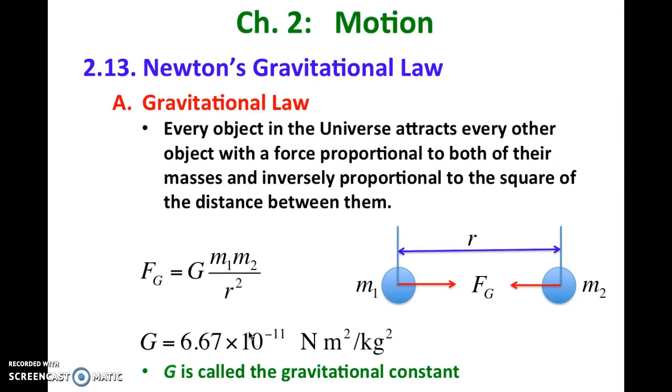Expressing it as a formula, we have Fg equals big G m1 times m2 divided by r squared. Here, big G is called the gravitational constant, equal to 6.67 times 10 to the negative 11 Newton meter squared per kilogram squared. This is a universal